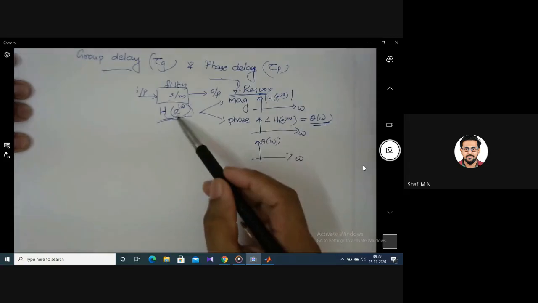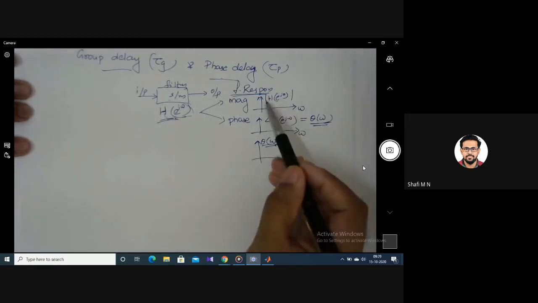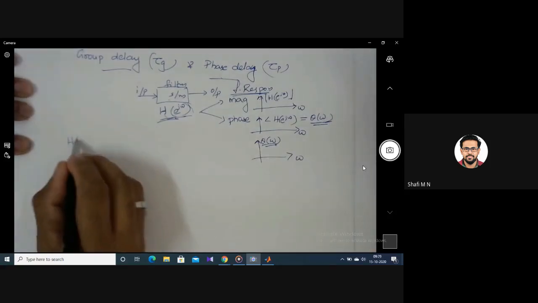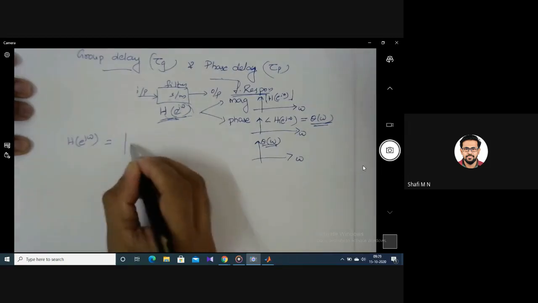So what is the phase for this particular system? It's theta of omega. What is the magnitude? That is modulus of H of e power j omega. So H of e power j omega can be expressed as magnitude of,